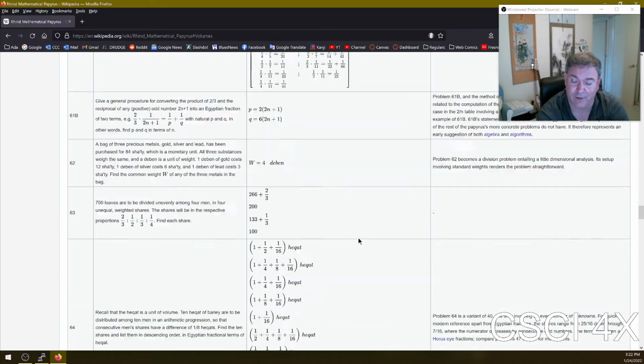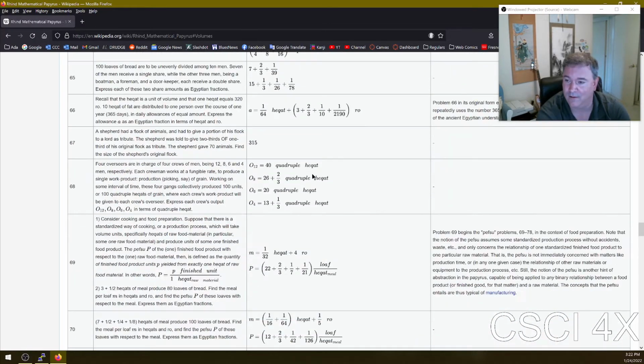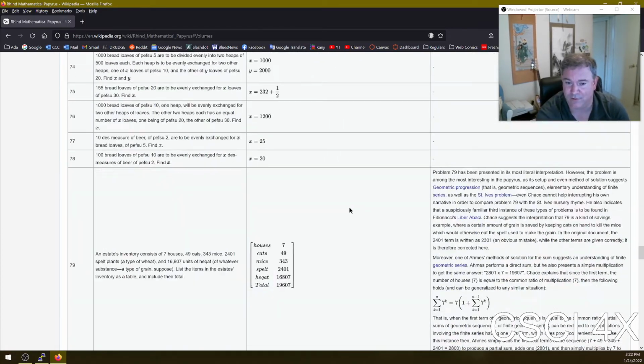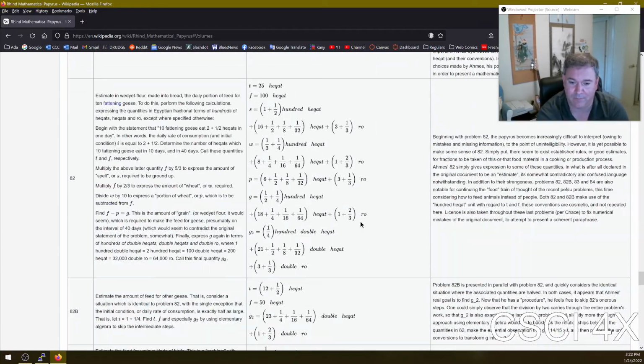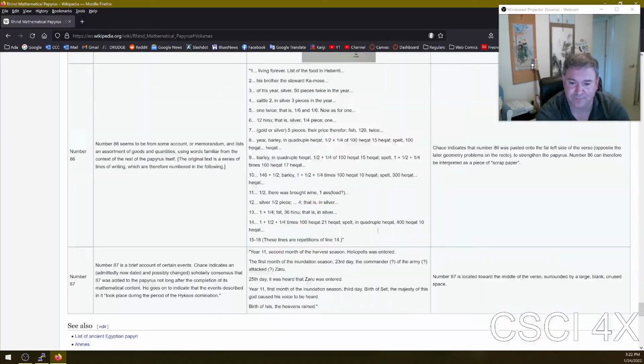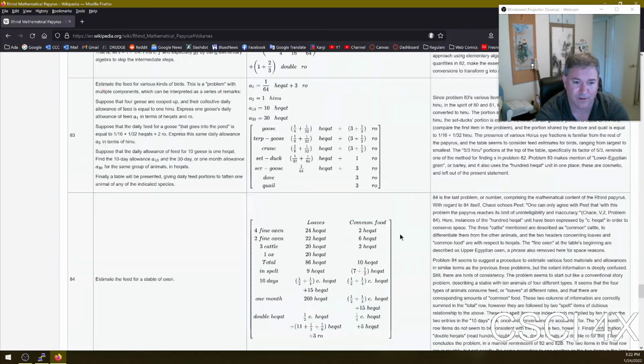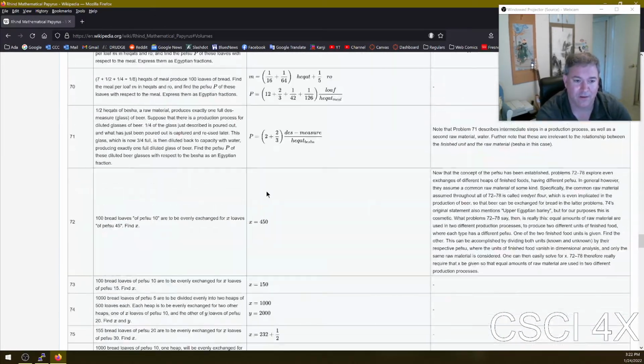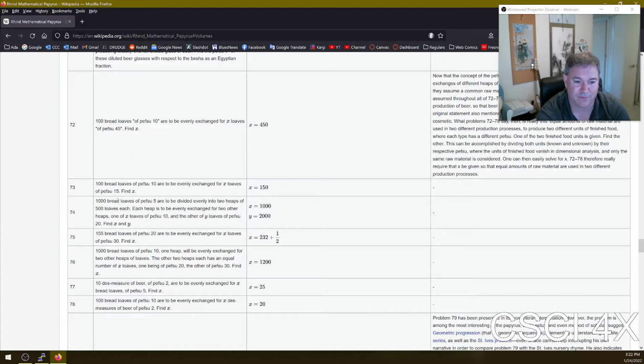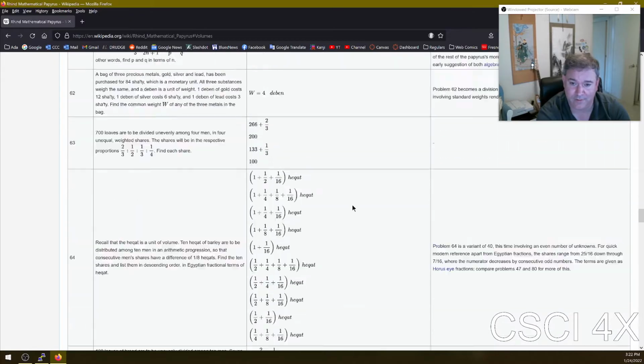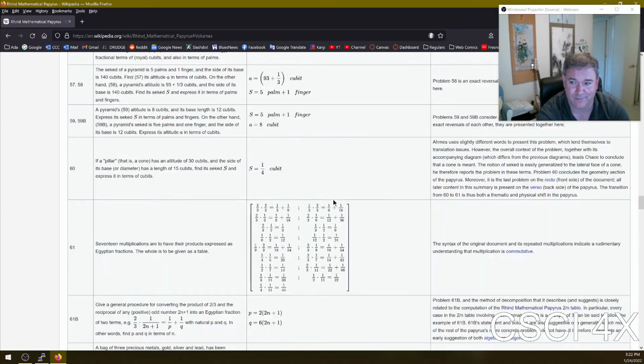It's frankly mind-boggling. And this was a textbook, essentially, the Rhind Mathematical Papyrus. And so: 1,000 loaves of bread are to be divided evenly into 2 heaps of 500 loaves each. Each heap is to be evenly exchanged for 2 other heaps, one of X, one. And so you're talking about algebra, way before there was algebra,